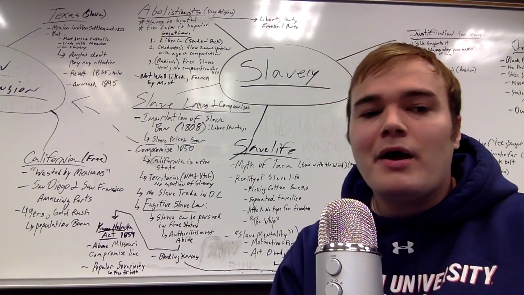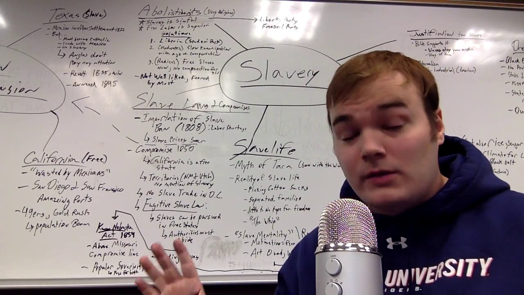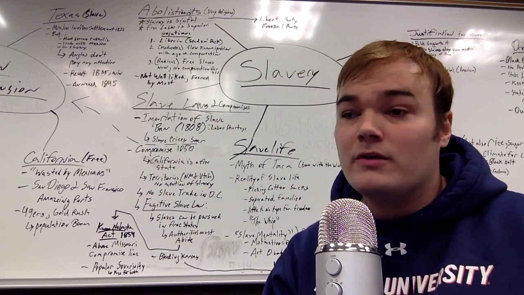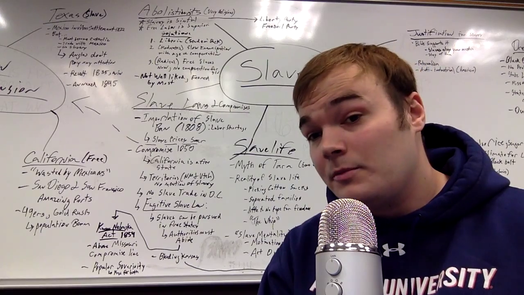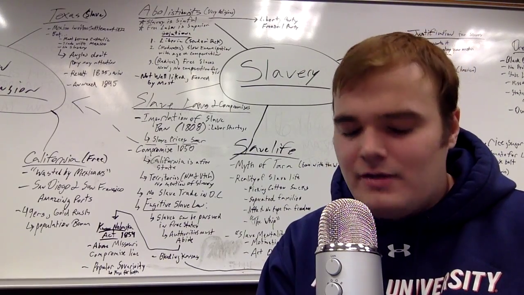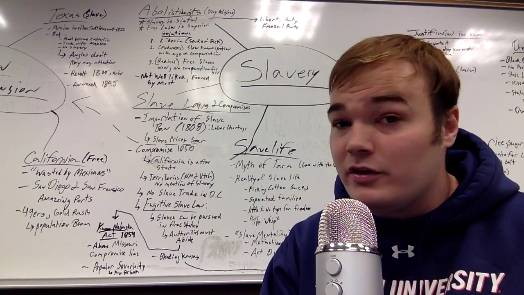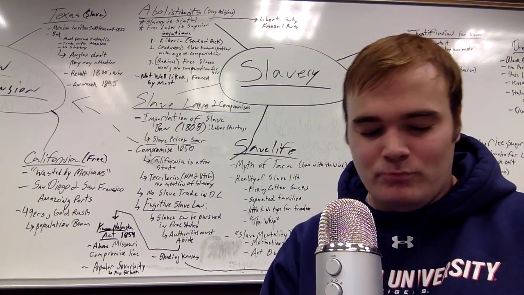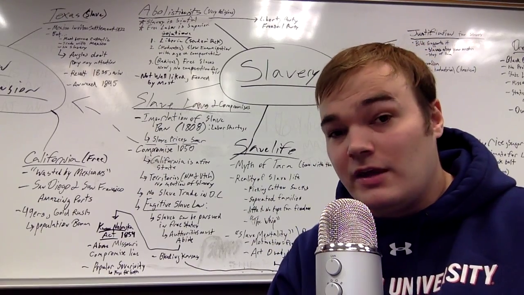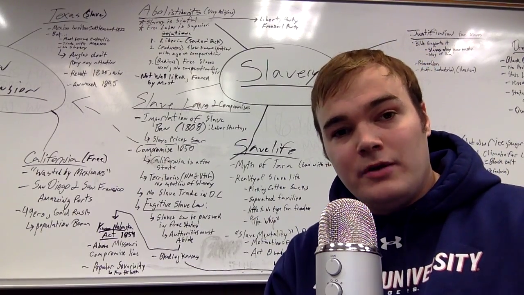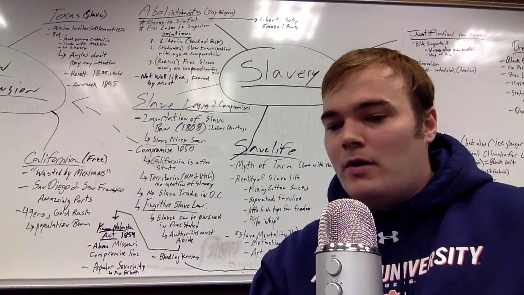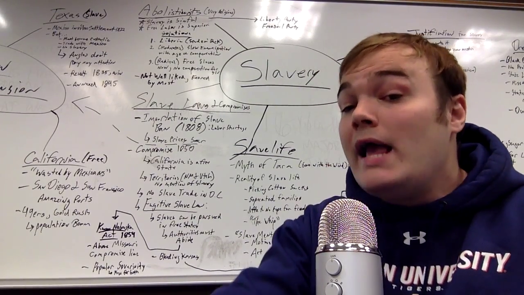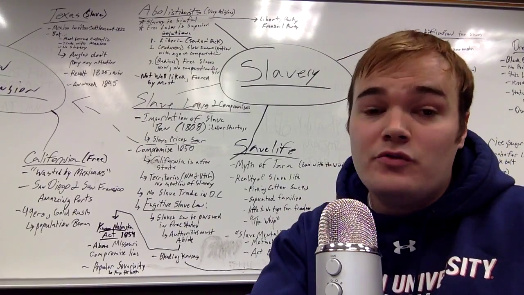So we take a step back and we say, all right, here's what we're going to do. We're going to leave it to democracy. We're going to have faith in popular sovereignty. We're going to let the states vote on whether they want to be free or a slave state. In theory, it should work perfectly, but democracy doesn't work perfectly. What we get is pro-slave people and pro-freedom people from different states who come into Kansas and set up temporary towns so they can sway the vote in favor of one direction.